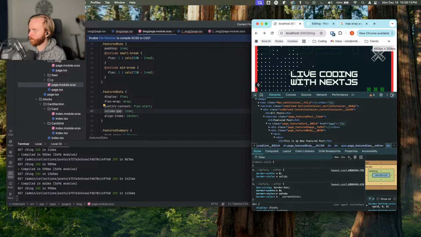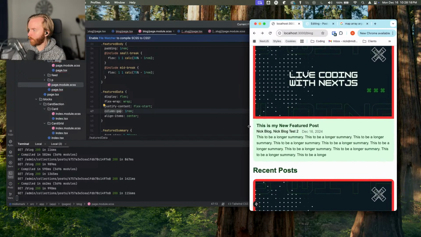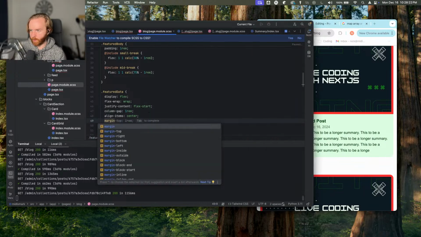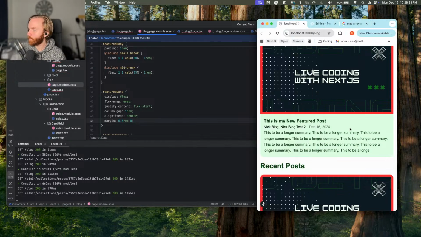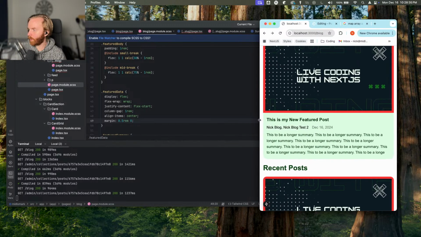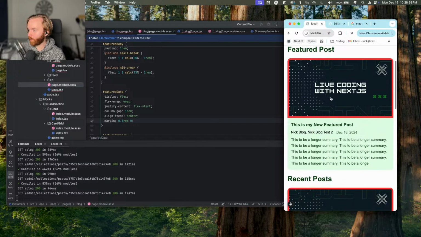So now we see that this works perfectly good all the way through. I do want to add a little bit more space. So let's set a margin to be like 0.5 rem. There, perfect. So now we have a feature, we have all posts, we have our featured post, which we can